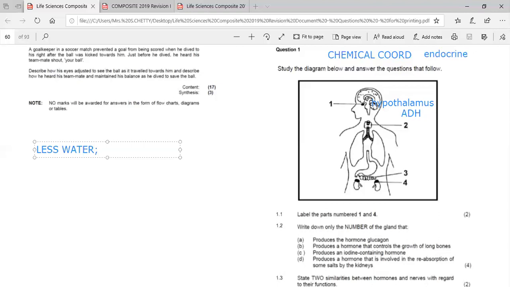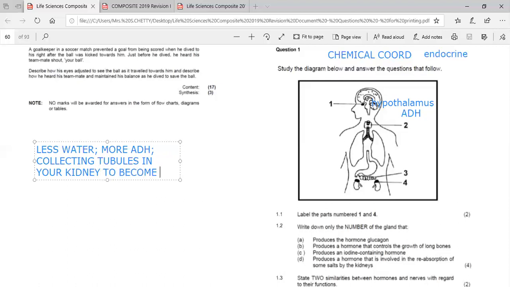So if there's less water, the opposite of less is more: more ADH is released from the hypothalamus. And this will cause the collecting tubules in your kidney to become